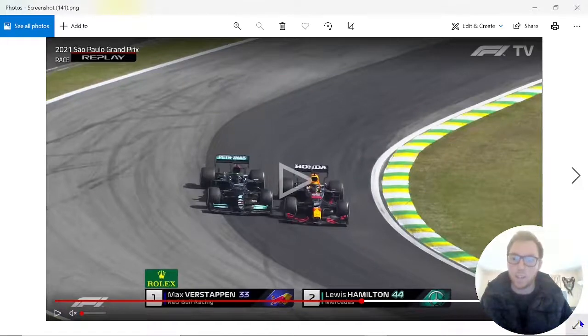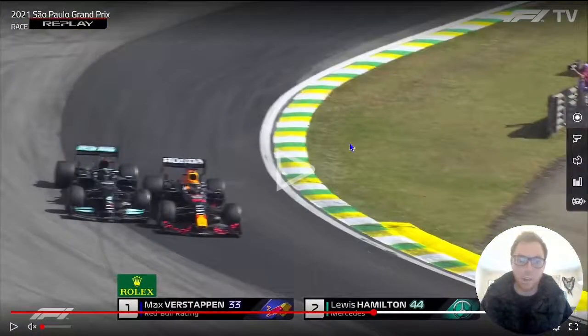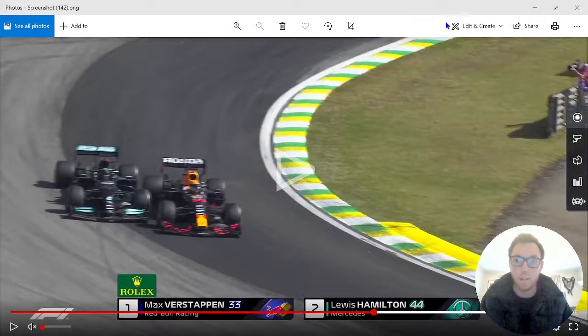So the attitude of the car is so important, and now as you can see here, I know that the shot is blurred a little bit, but you can see how close they are, and also look at the change of Hamilton's car in attitude. Max's has got a very similar one to the last image. Lewis is now much straighter. He's had to compensate for Max